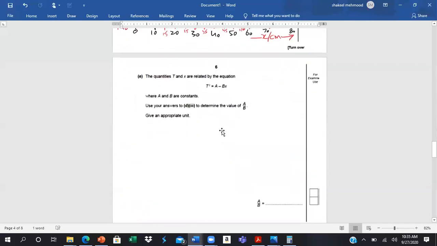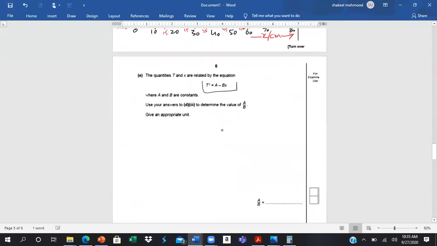Okay beta, the last thing is this one. An equation is given and a and b are constants, and you need to be using answer to d3. D3 are the gradient and y-intercept answers, and you need to find value of a over b, and you have to give a unit as well. So 1 mark for this calculation and 1 mark for writing the unit. So beta, how you will do that? Just write down this equation, and then beta,